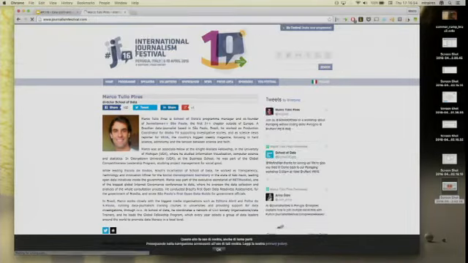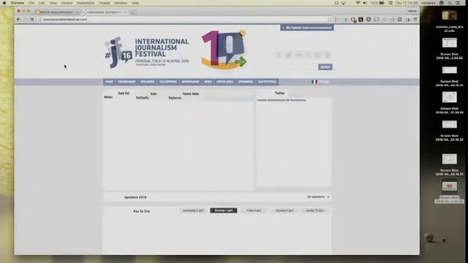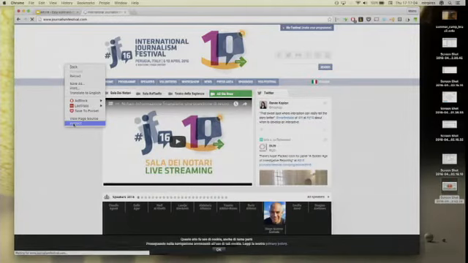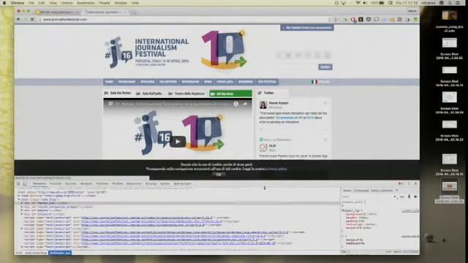Just go to journalismfestival.com, and you can right-click anywhere. You will see that the last option, or one of the last options, is Inspect, or Inspect Element. You right-click on it, and then you open